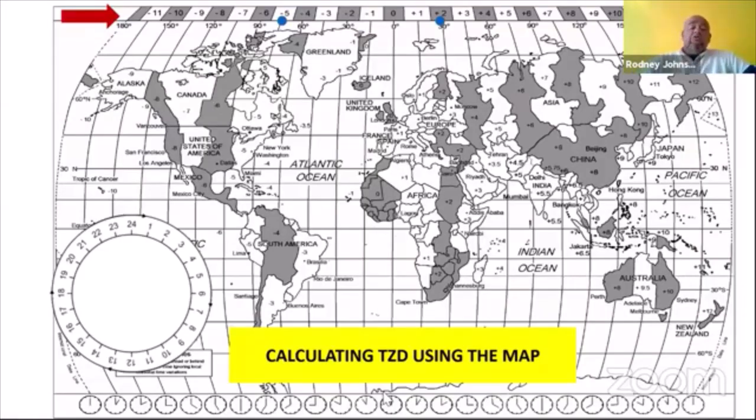Okay, so we are going to be looking at how to calculate time zone difference using the time zone map, right? In the first example, we are going to look at New York and South Africa. New York is located on the -5 time zone line, right? You can notice what I did here on my time zone ruler at the top. I've placed a little blue marker on -5 because I now want to determine the time zone difference between New York and South Africa.